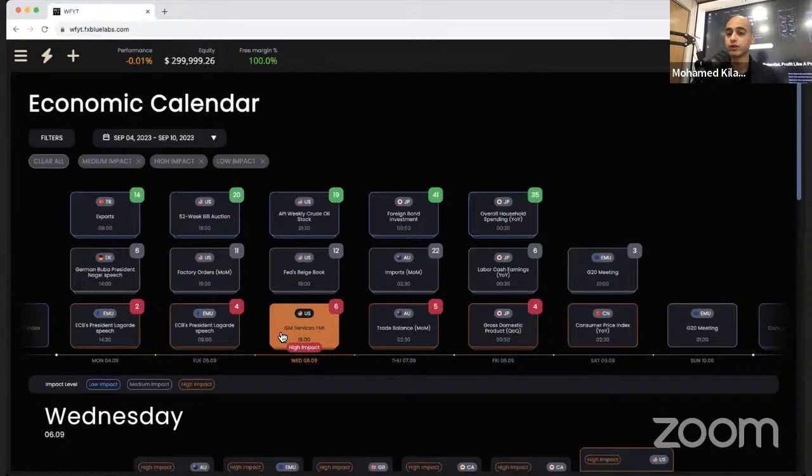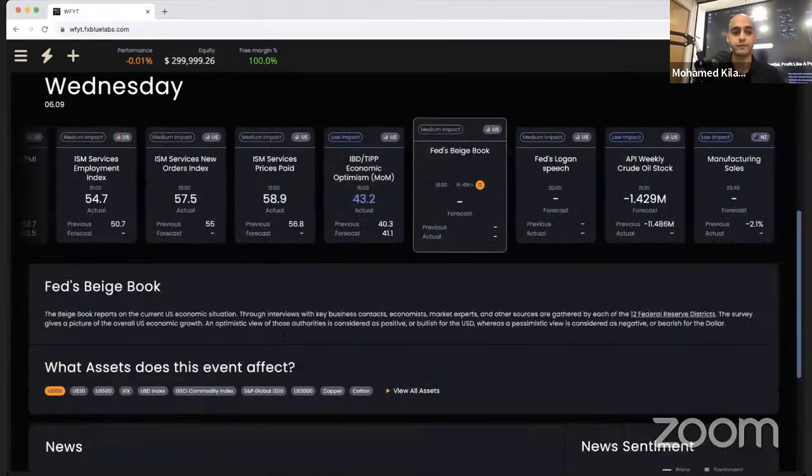So what I do in the morning, I wake up, as mentioned in the past, at 4:30 in the morning. Basically, I do my meditation, my breakfast. Then I go on to look at the news, watch Bloomberg, along with following the economic calendar to understand what is happening. So if we click on the high impact news